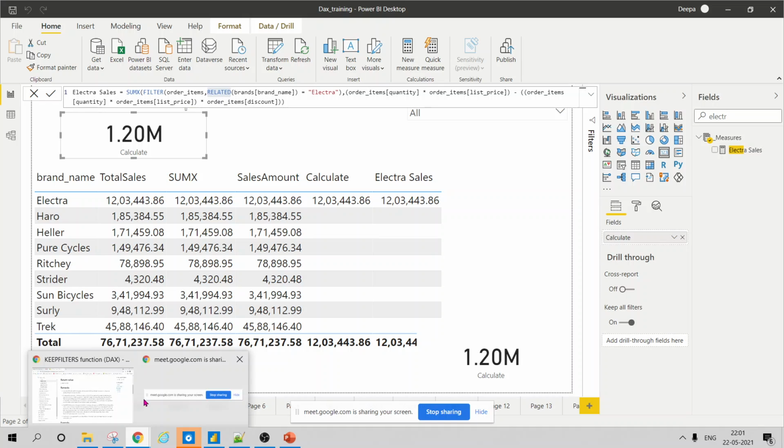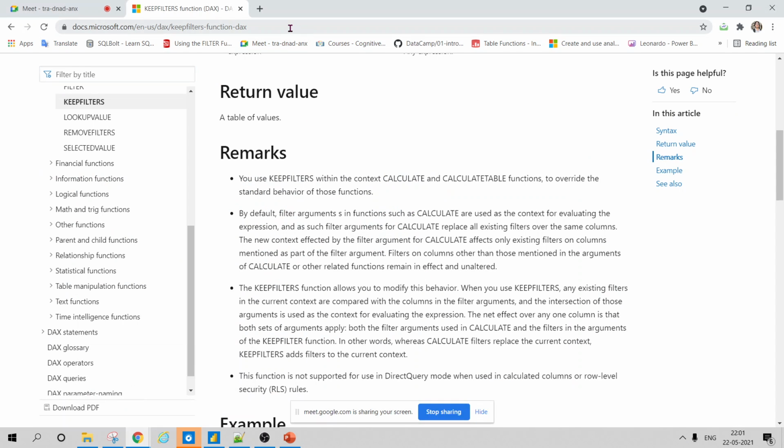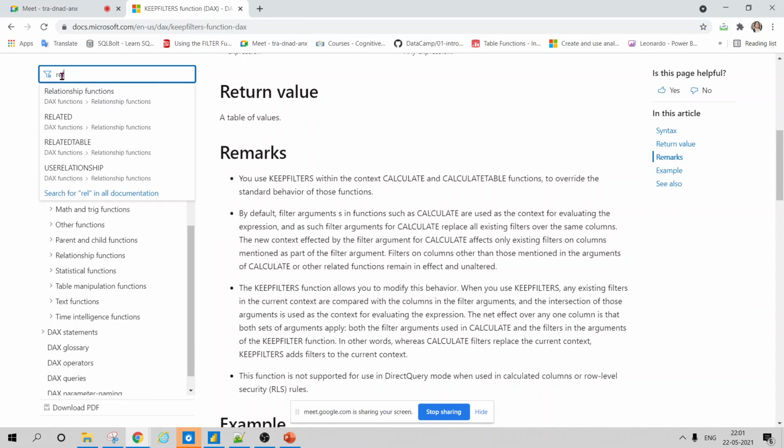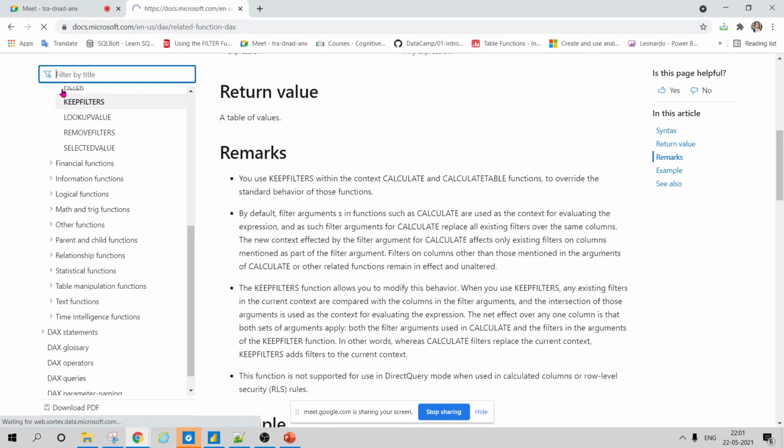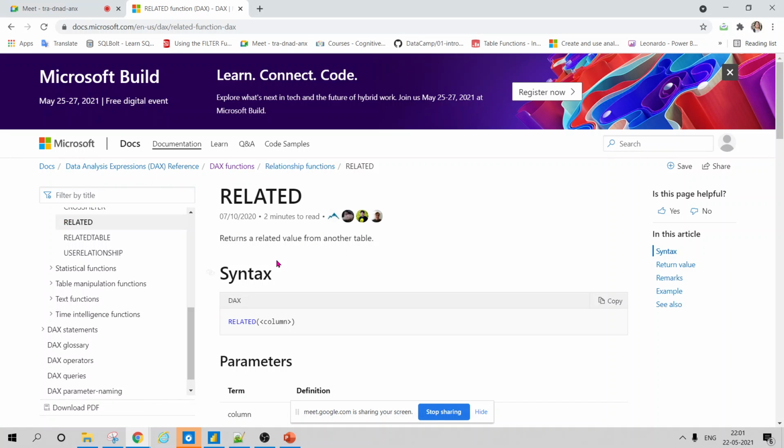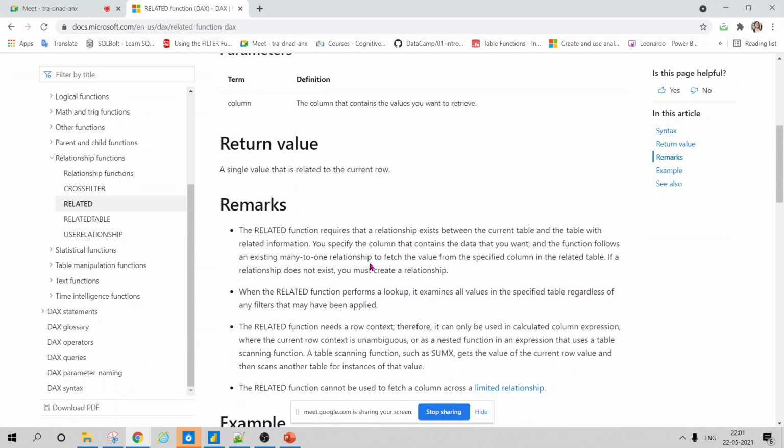So first of all, let's go to the Microsoft documentation. Here it is, RELATED. See, it returns the related value from another table. The RELATED function requires that a relationship exists between the current table and the table with related information.